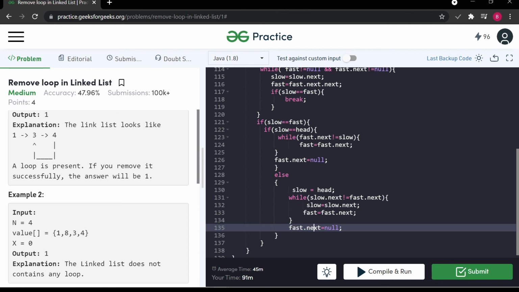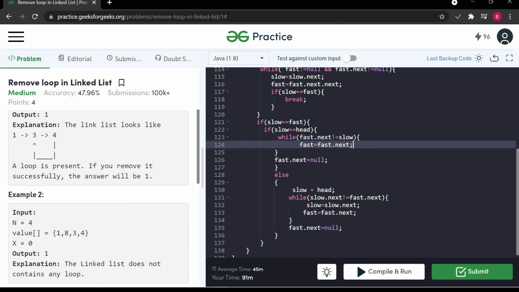And if there is the exception case, then slow will automatically be at head only, slow and fast both. So in this case what I told you, that we will not move the slow pointer, we will just increase the fast pointer by 1. That's why I have done here fast is equals to fast dot next, and we will increment till we get that next of fast is equal to slow.